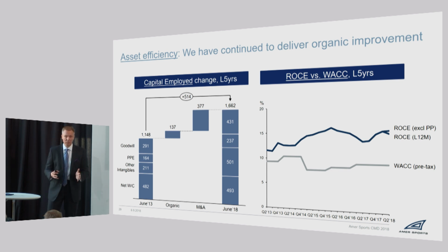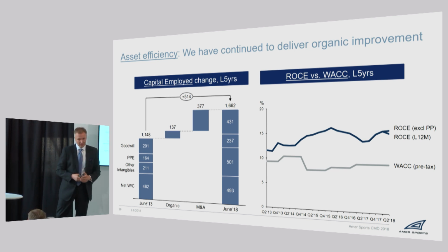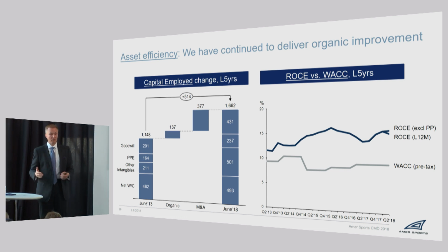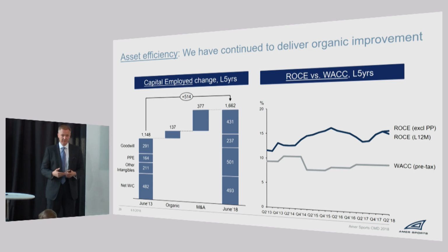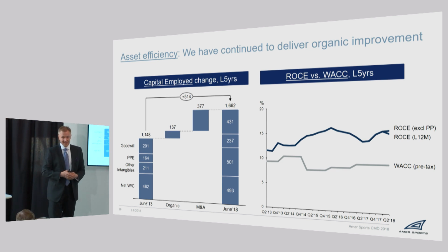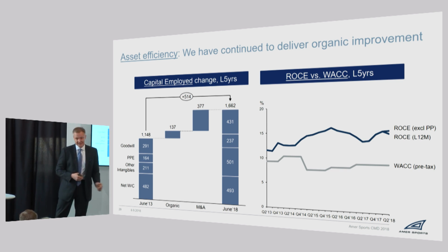At the same time, top-line growth is approximately 700 million. More importantly, organic asset increase here, a bit shy of 140 million, has delivered 450 million top-line growth. So you can see that the organic actions we have put in place for asset efficiency are delivering results. Acquisitions, of course, contribute many other things also, scalability, capabilities, and they will further contribute to our asset efficiency